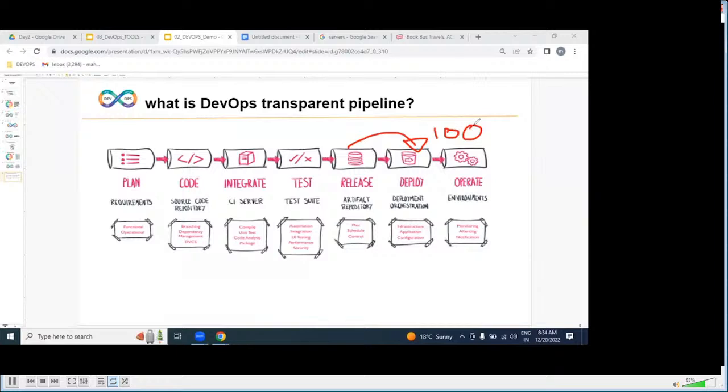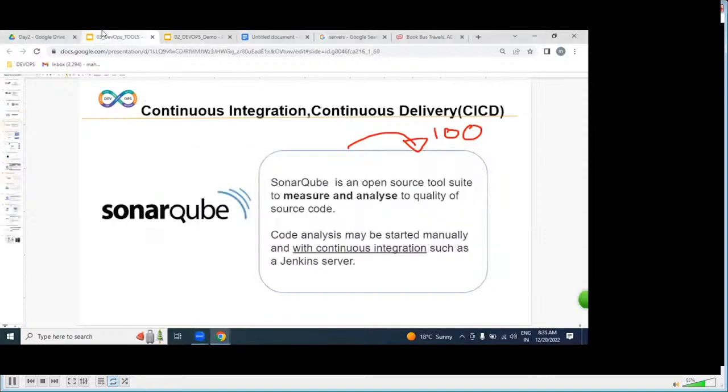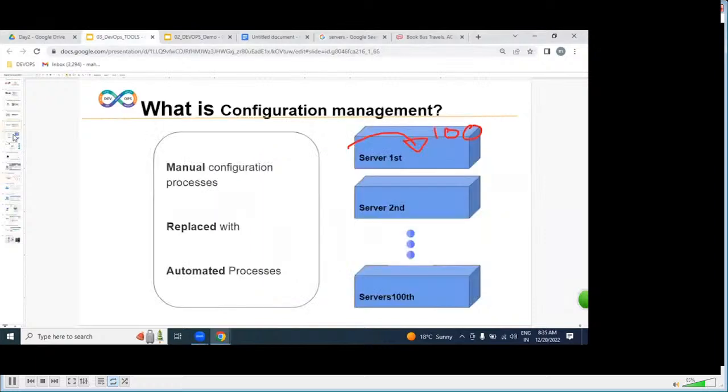On hundreds of servers, if you want to create a file, install a software, or change a file, which process are we going to use, guys, please? An automated process. At a time, I want to install a software, and at a time create a file on hundreds of servers. For that, we are going to use configuration management. By using configuration management, we can replace a manual process with an automated process. Instead of manually installing software server by server, we can install our software on hundreds of servers at a time. That we call what?